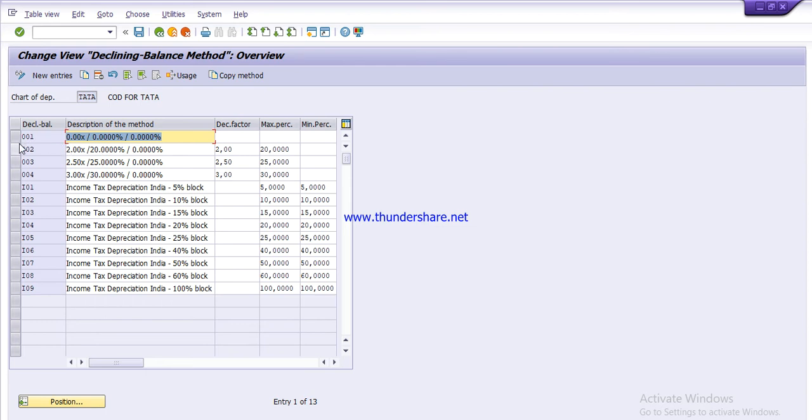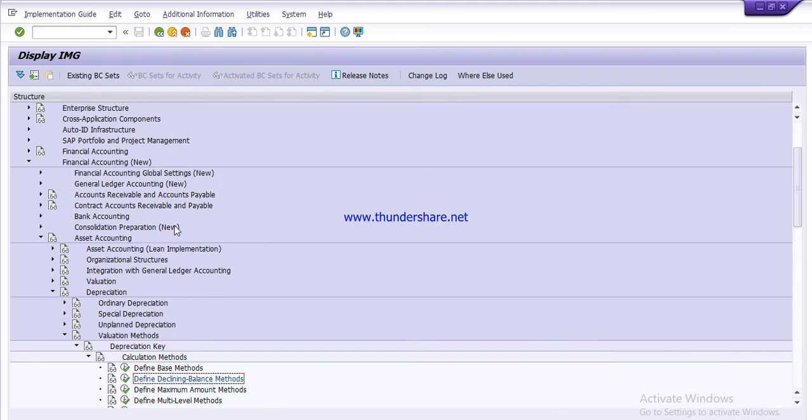But as SAP keeps this step mandatory, we will select this 0% decline method. The code is 001. You have to remember this code, as we will assign it at the time of maintaining the depreciation key. This is a standard code given by SAP for the decline balance method 0%. Now get back. Next is define multi-level methods.